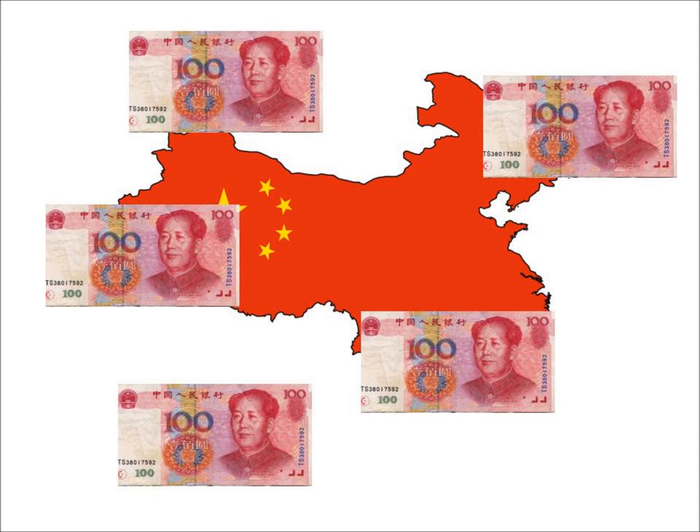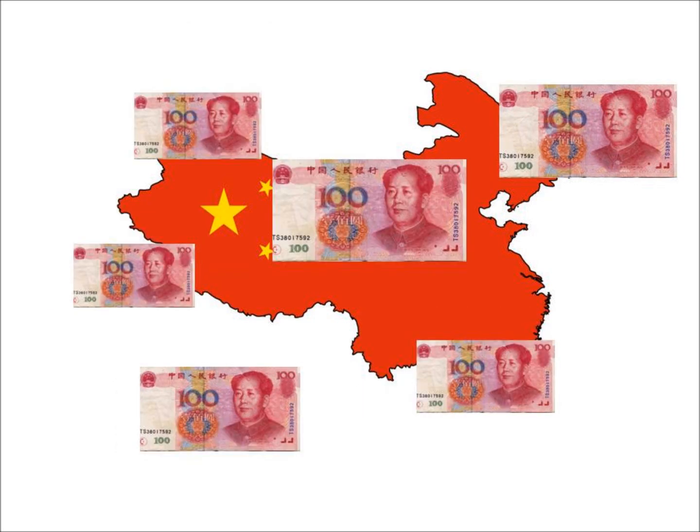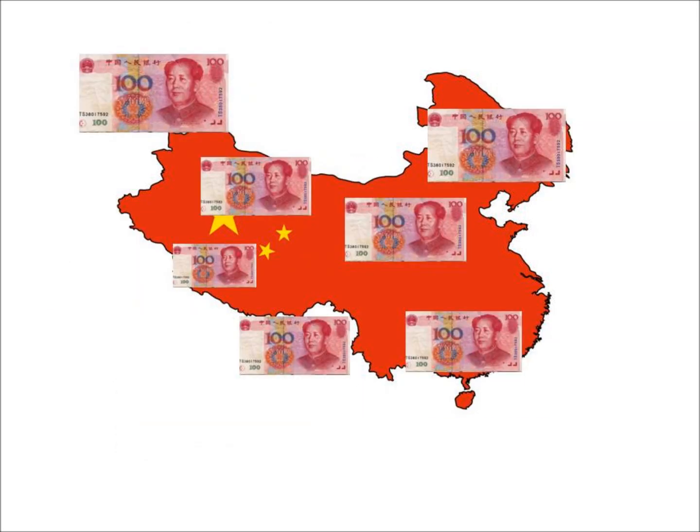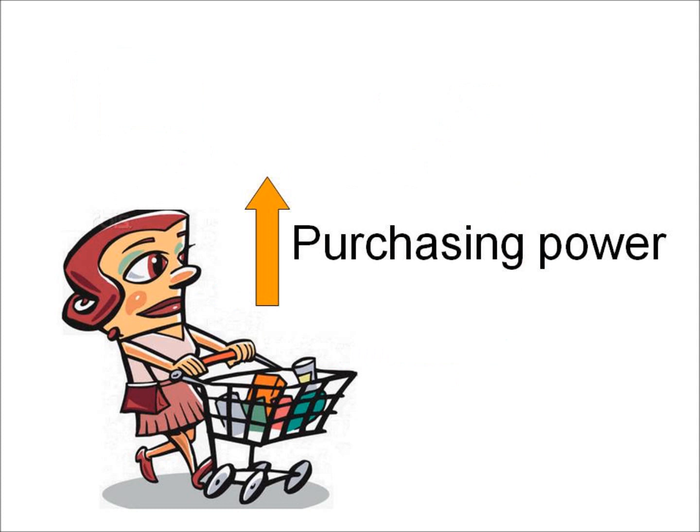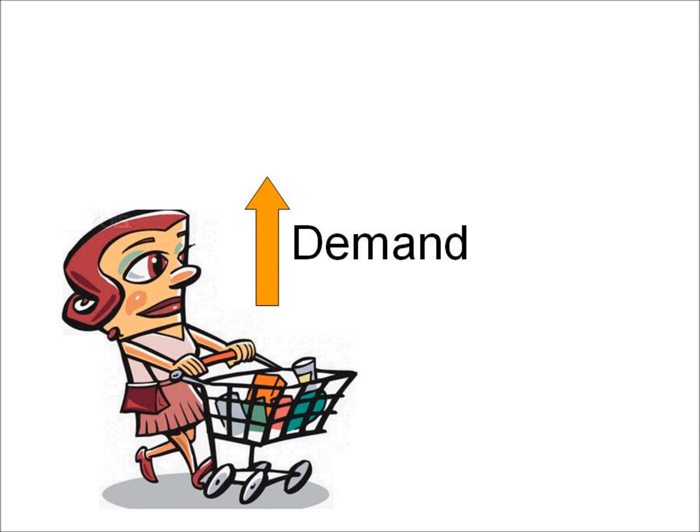In addition, a cheap yuan makes Chinese goods cheap relative to the rest of the world. Cash has been pouring into China's economy due to the huge demand for their inexpensive goods, which increases the export revenue of China. This increases China's money supply, resulting in more money held by the Chinese citizens. The Chinese will hence have more money to buy goods and services, increasing their purchasing power. With a higher purchasing power, the Chinese would be able to buy more and more goods, which fuels inflation.